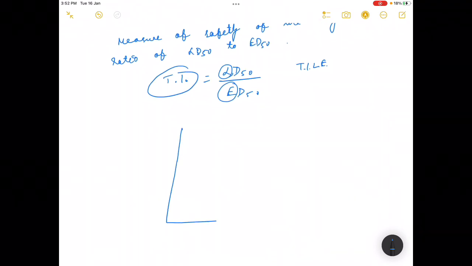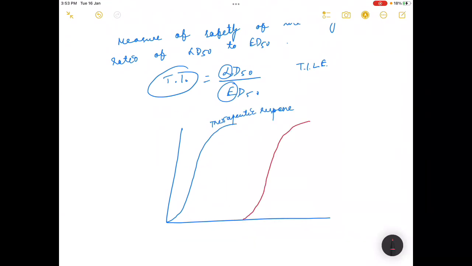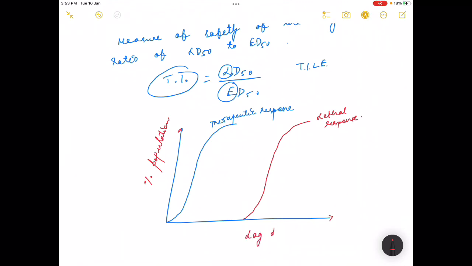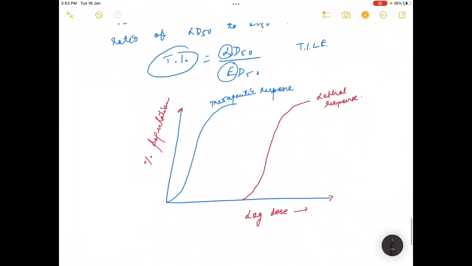So suppose this is a quantal dose response curve. Okay, and in this we are seeing the therapeutic response, and in the red I am marking the lethal response. In the y-axis, as we have already discussed, we will give the percentage of population responding, and in the x-axis we will give the log of dose, which reflects the plasma concentration. So when 50% of the population is responding, it is ED50,